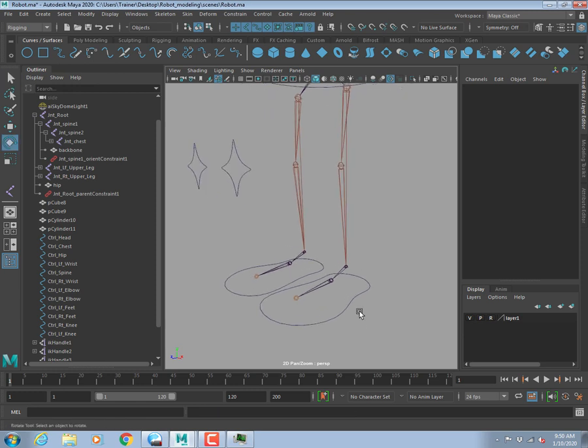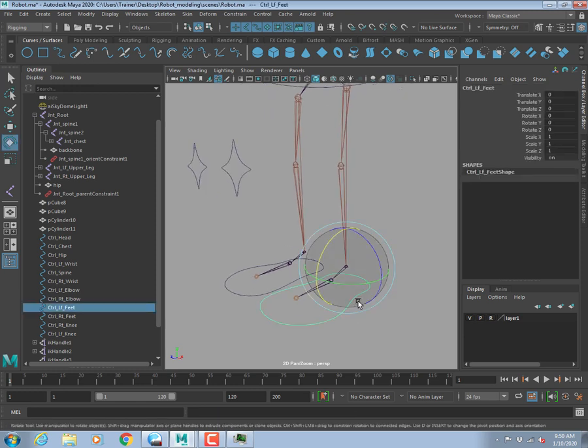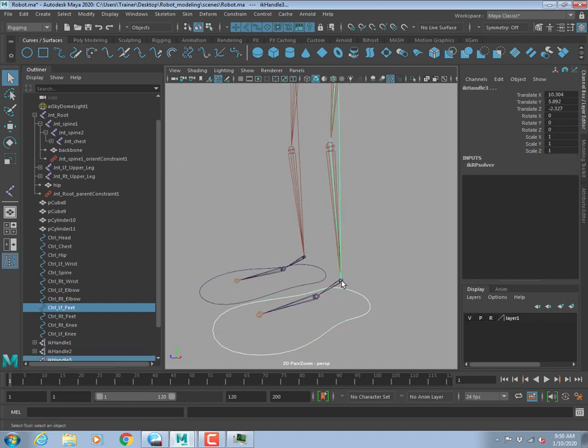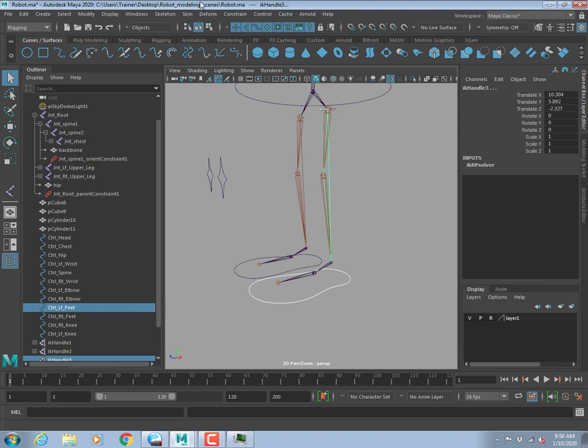So I'm going to select same like how we did for the wrist. I'm going to do the same. Select the controller, shift select the IK handle, constrain